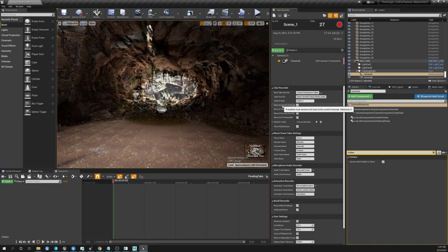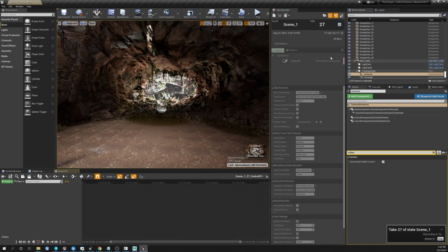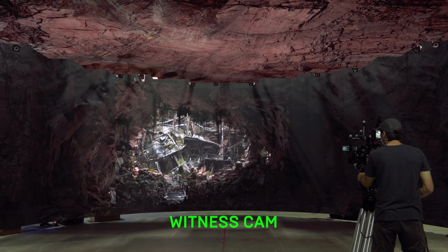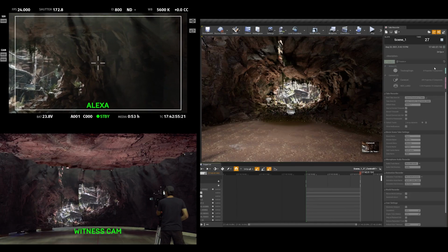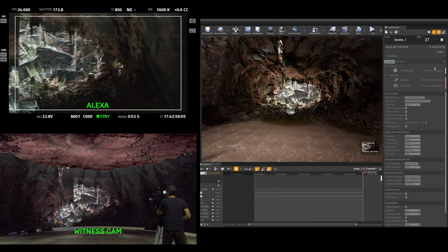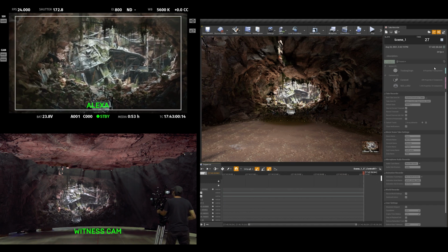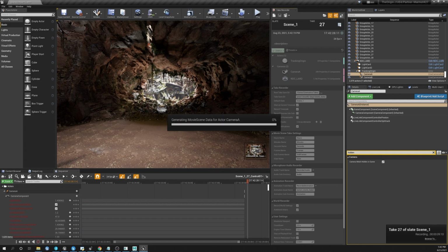Notably, there's also the start at current timecode and record timecode options. Start at current timecode will use the timecode that we have provided here and place the animation at that point in sequencer. Record timecode will then take that same timecode value and place it as a track on the actor in sequencer. And we'll take a look at the results of that when we're done recording. So with that configured, we'll do a record. And we'll cut on that.